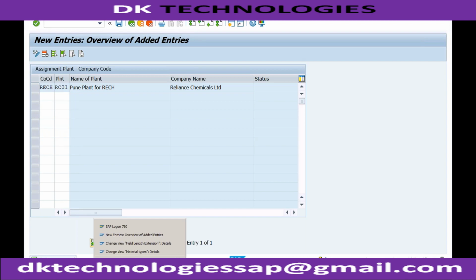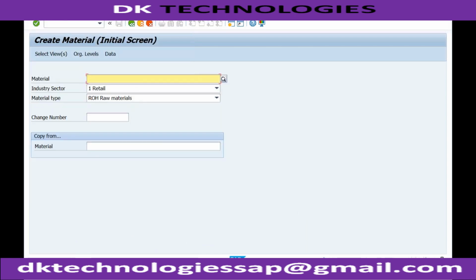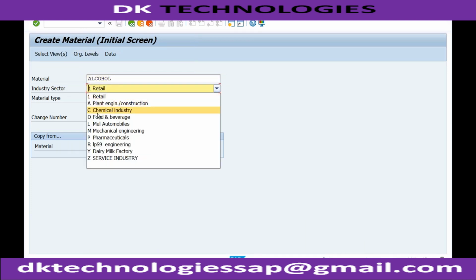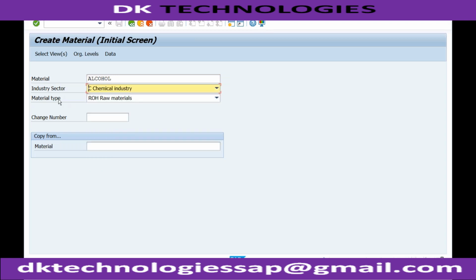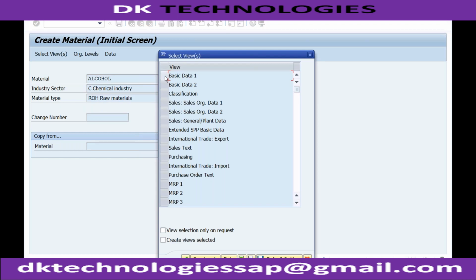Let's again go to the material master and see if this is done or we are still getting some errors. So again, I'll go to MM01. I'll enter the material number. Industry sector, I will select whatever you want. In our case, it is chemical industry. Material type is raw materials. Press enter. Basic data 1, 2, purchasing,